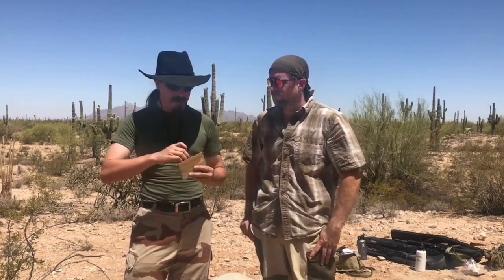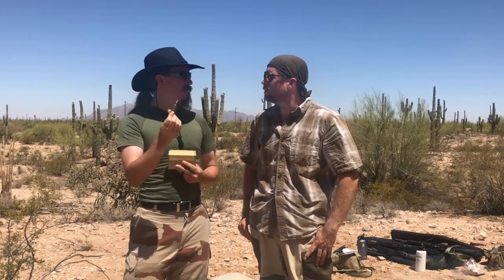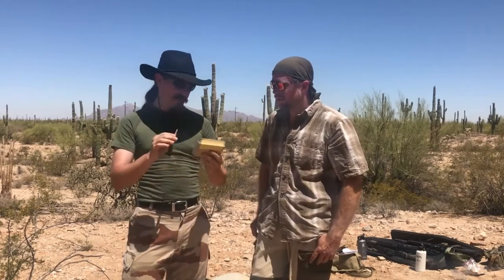Today I have a box of mystery ammo. Green Tip 7.62 NATO. Green Tip, that's M855. Nope. Oh wait, this is .308. This is like the opposite of M855. It is. It's actually a